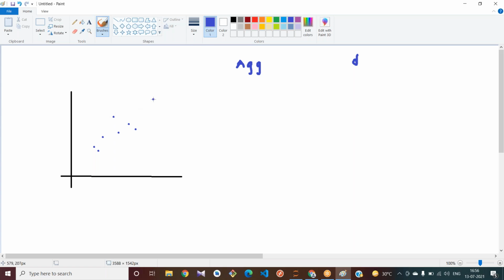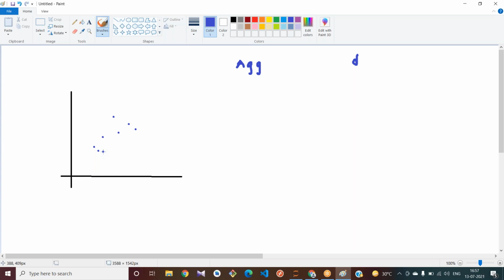We need not choose the number of clusters at first. If we calculate the agglomerative method, first it tries to assume that each and every point belongs to one cluster.